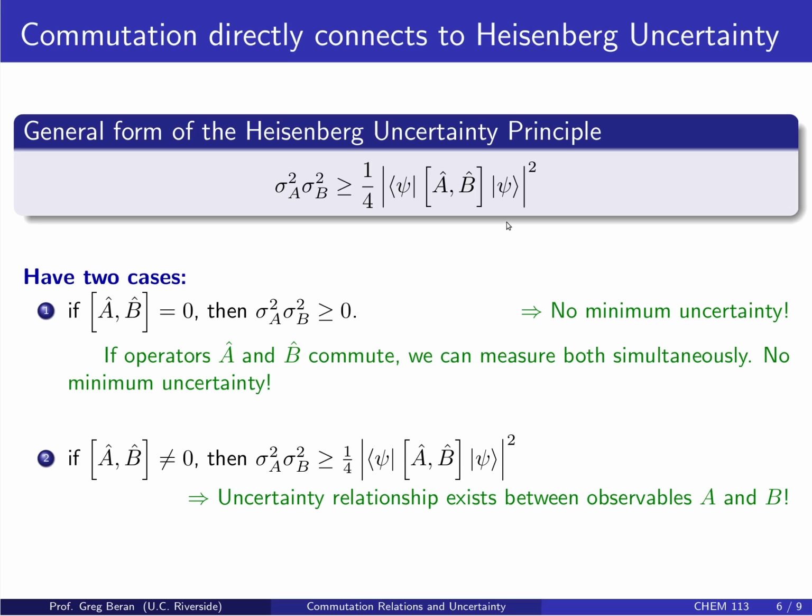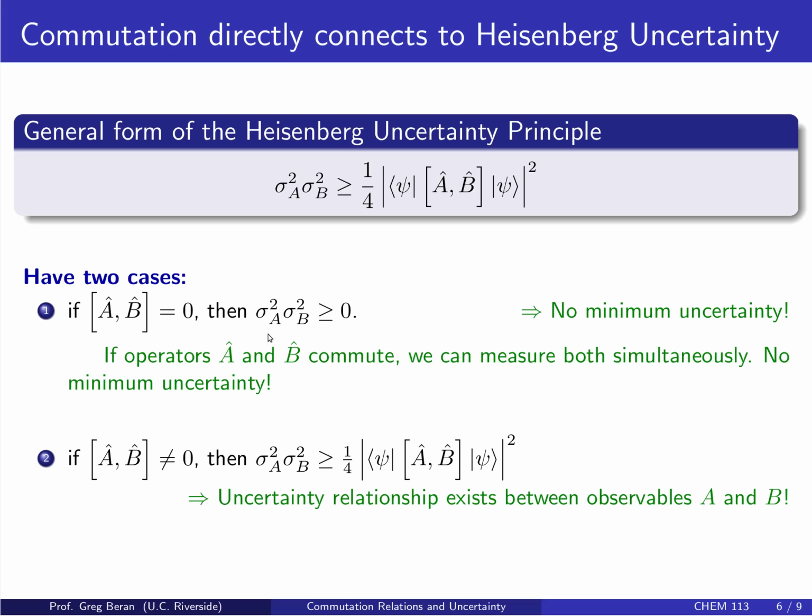Now we'll come back and do an example of this later, but let's just now talk about it a little more abstractly first. So we're going to have two general cases. In the first case, A and B will commute, and if they commute, this commutator is 0. And then the integral of wave functions involving a 0 operator is going to be 0, right? We're going to be multiplying those wave functions by 0. So the integral will give 0, this whole right-hand side will be 0,